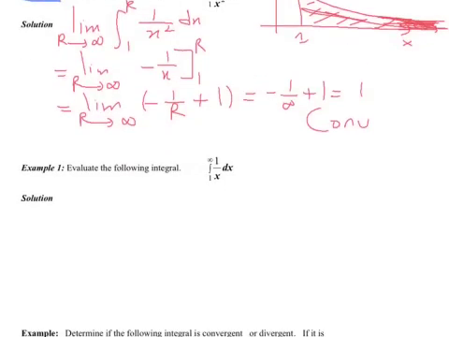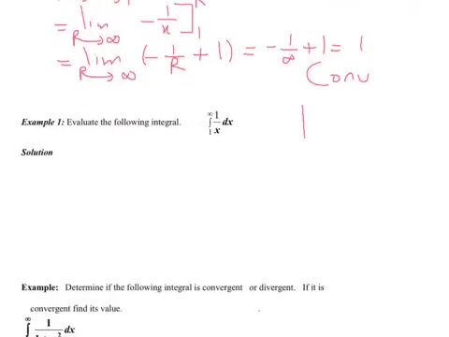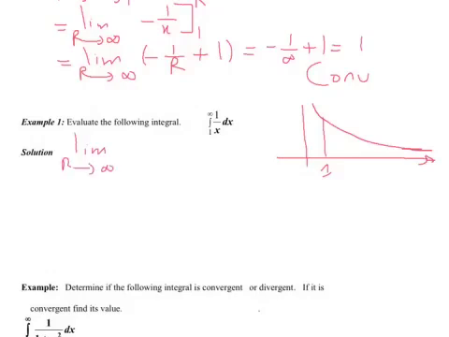The second example, this is 1 divided by x, which looks something like this from 1 to infinity. It almost looks like 1 over x squared. But how close it goes to the axis, let us see. We have to calculate almost the same area, but the answer will be totally different. If we take the limit as r goes to infinity, integral from 1 to r of 1 divided by x dx,